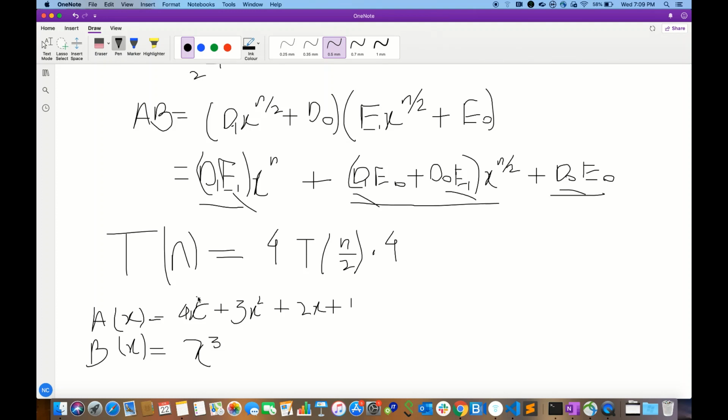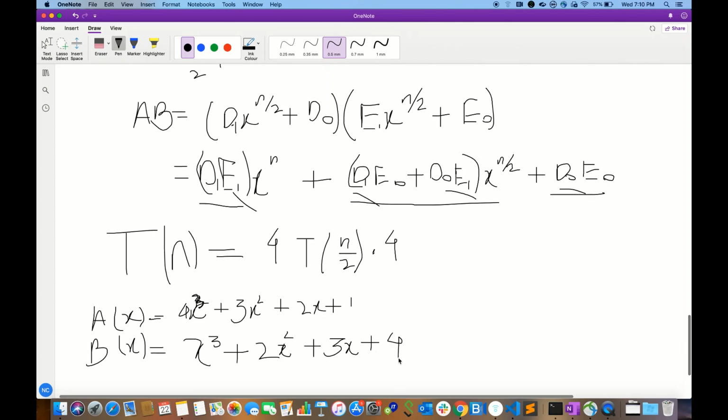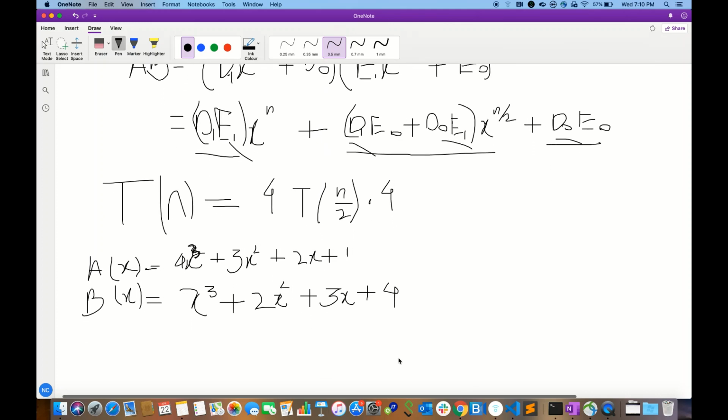Sorry, it should be x cube, plus 2x square plus 3x plus 4,